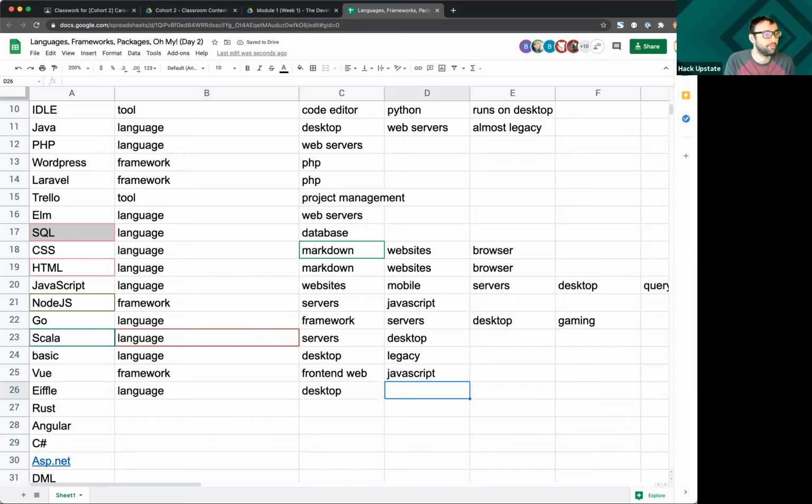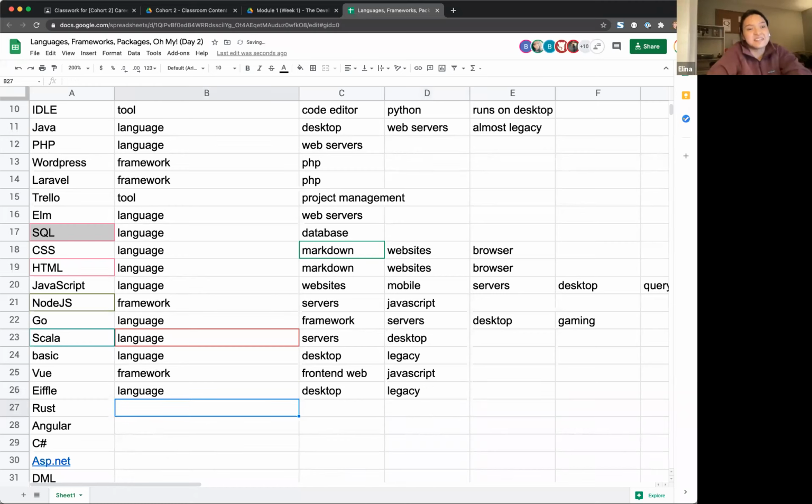And based off of the dates on it and the fact that I haven't heard of it, I'm going to label it as legacy. That's what I'm getting when I Google it too. So just to give you an idea, because this is an important skill, the summary of Eiffel says it is an object-oriented programming language conceived in 1985. Oh, wow. In 2005, it became a standardized language.